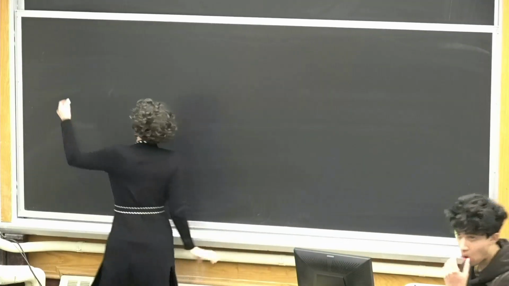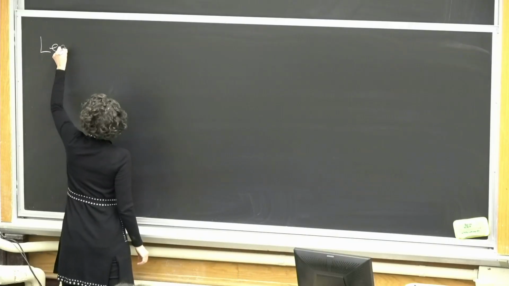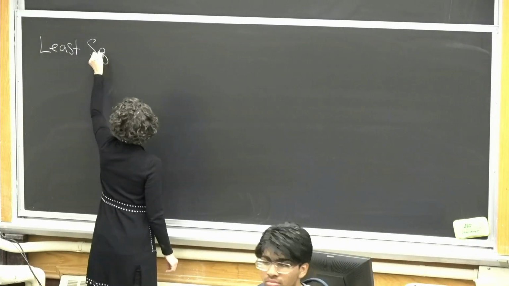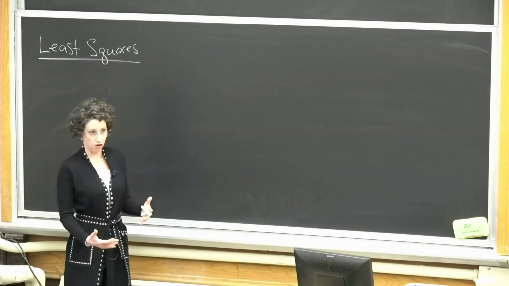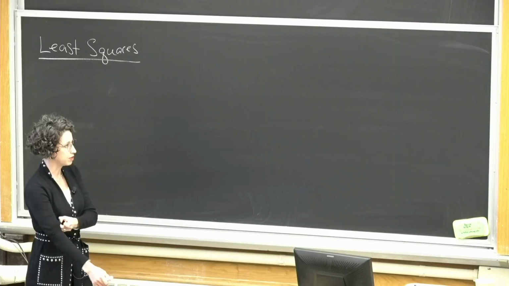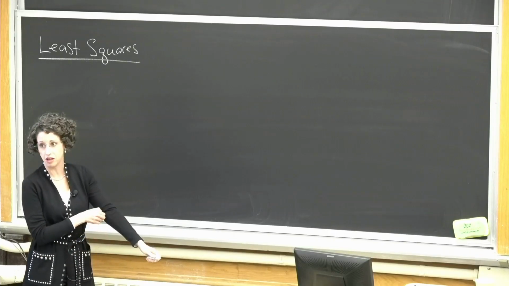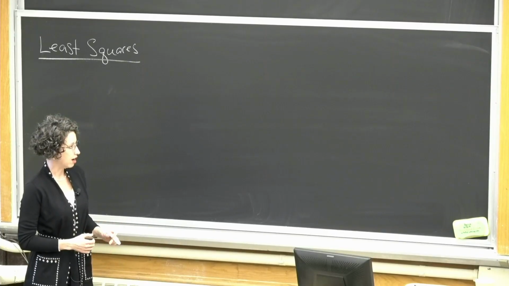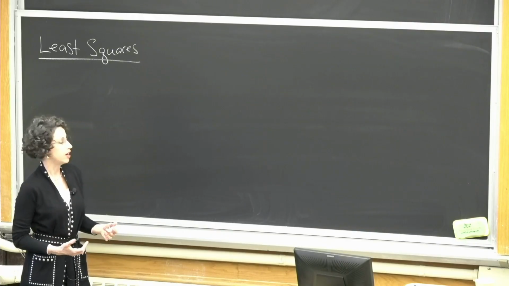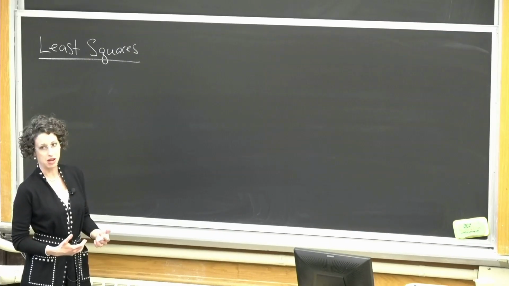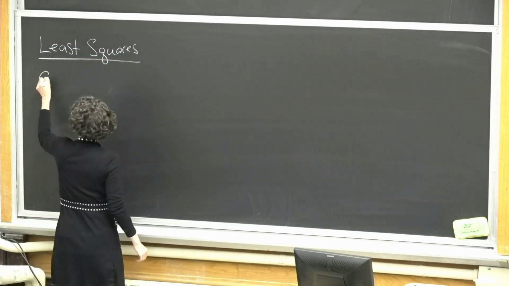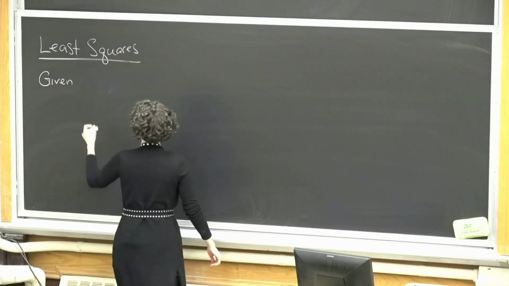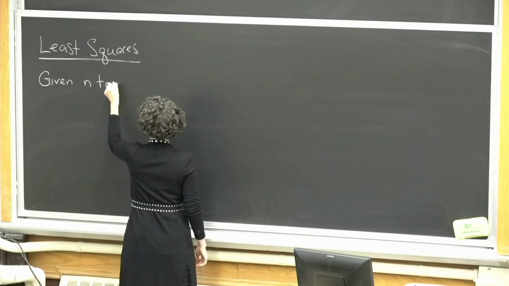Okay, welcome back, everybody. So today we are going to really dive into least squares. What we've been talking about so far is what happens when we try to predict labels associated with feature vectors using weighted sums. And today we're really going to start talking about how we can learn those weights from training samples. So recall that we are given n training samples,